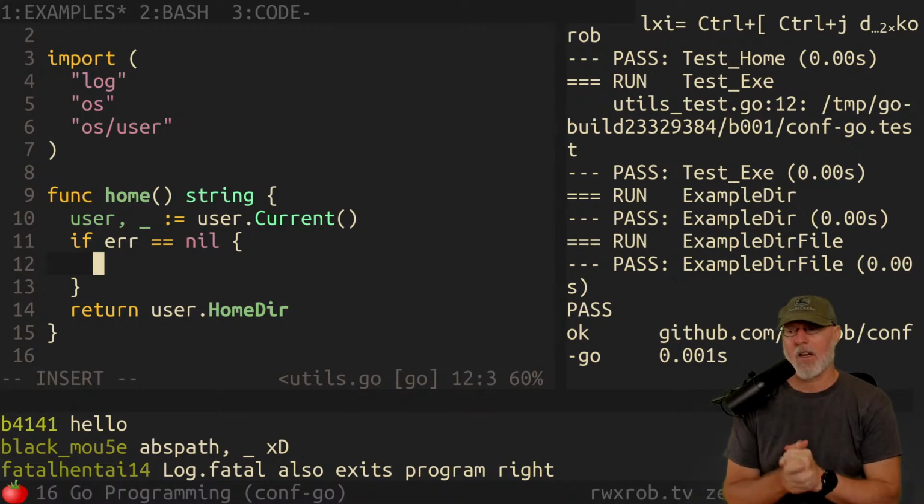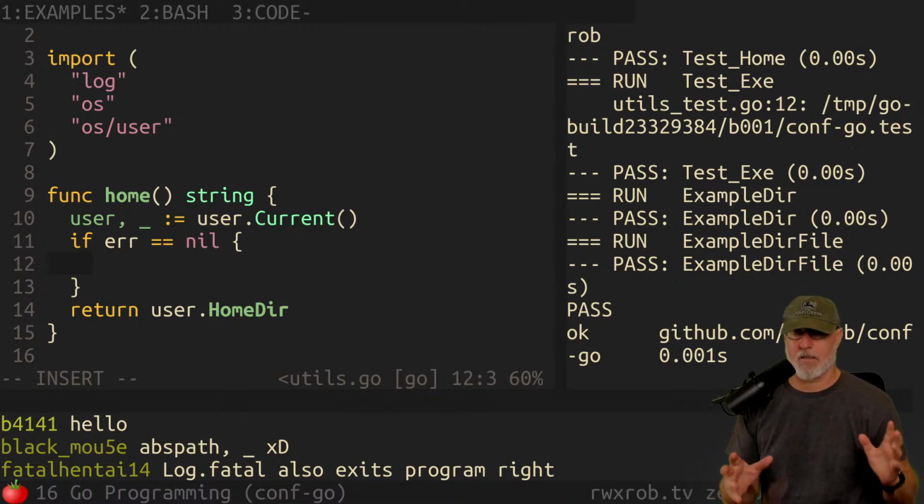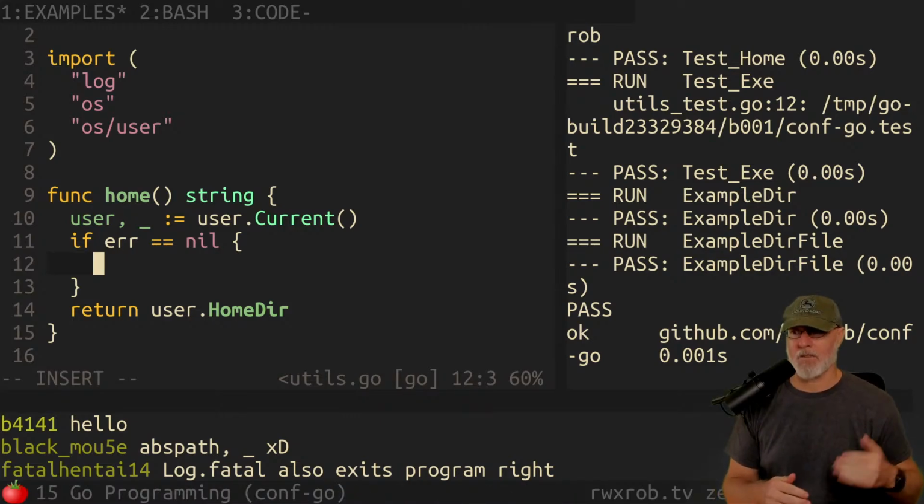Not everybody likes it. There are some cases where, if I'm returning a string, I return either an empty string or the value, and then I document it that way. If it's a nil string, that means there was an error and we weren't able to determine it. It's like the null situation in database programming: null means we never checked it. Empty means we checked it and the string is an empty string. That is the actual value.